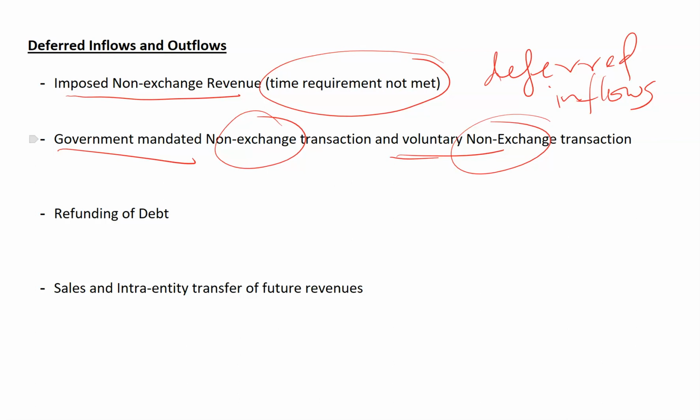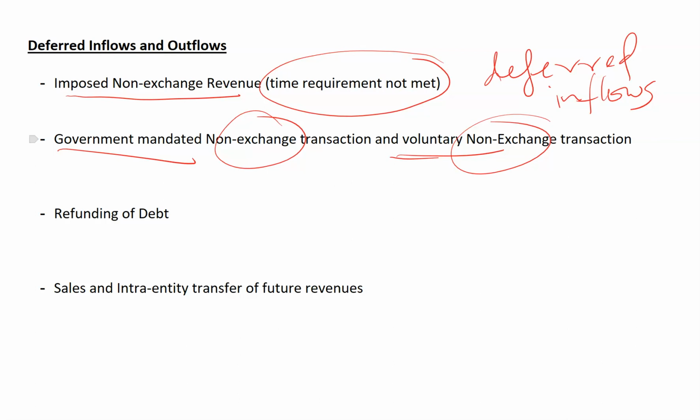Rather, it could be from the public or private organizations or not-for-profit organizations. So if you will receive or have to use these types of revenues in multiple years, not all in the current year,